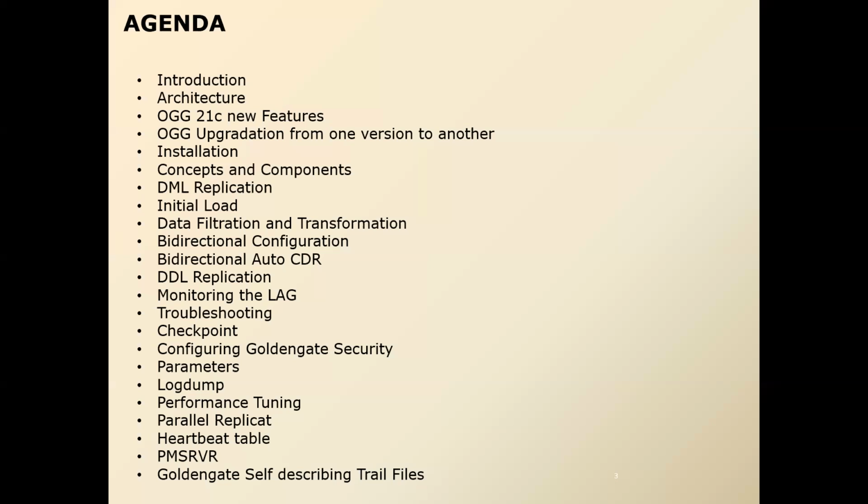So basically 19C is an extension of 12.3. There was a lot of change in Golden Gate from 12.1 to 12.2, and from 12.2 to 12.3, yes, there were a lot of changes. Then from 12.3 to 19C, in fact, in between 18C also came. Just like with the database, it didn't become popular, it wasn't used that much. Then Oracle launched 19C, which is an extension of 12.3.